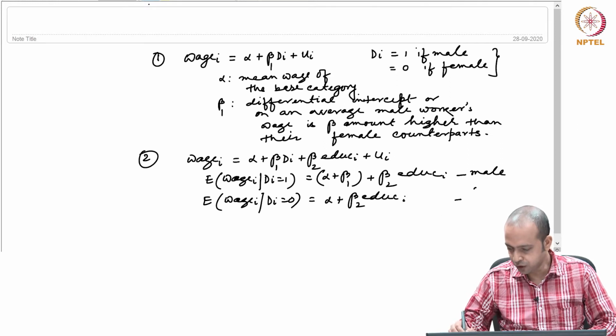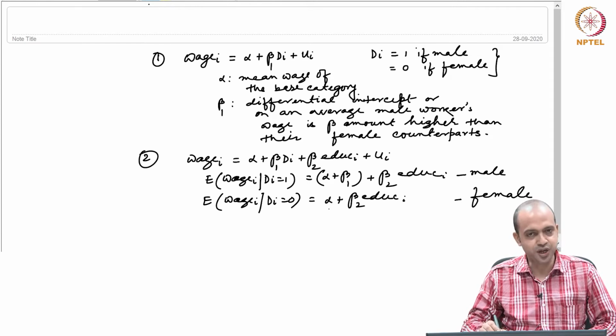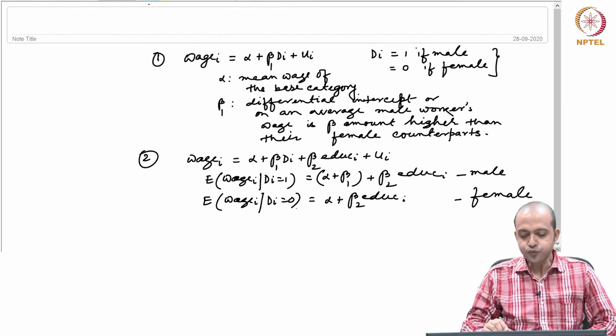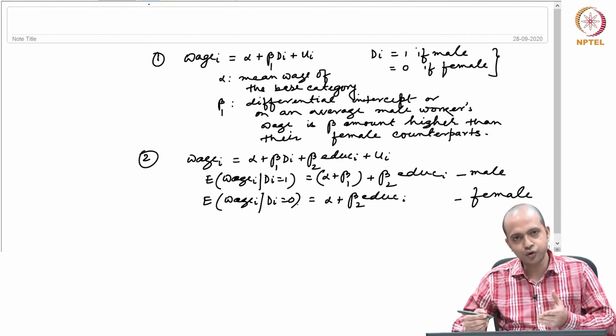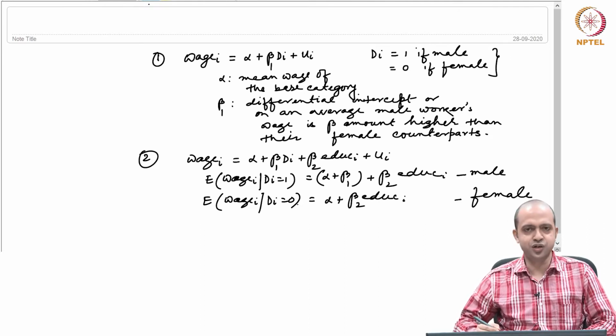You can quickly say that beta 1 indicates the differential intercept. And what would be the practical interpretation? You can say that for every level of education, male workers earn beta 1 amount higher wage